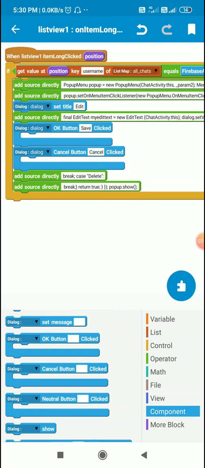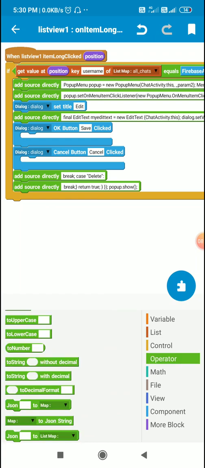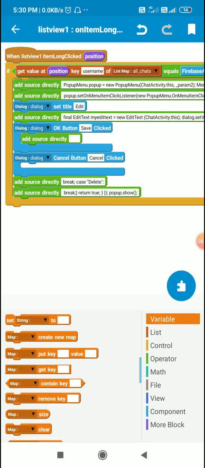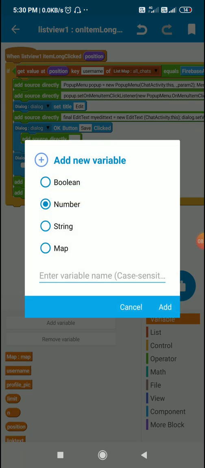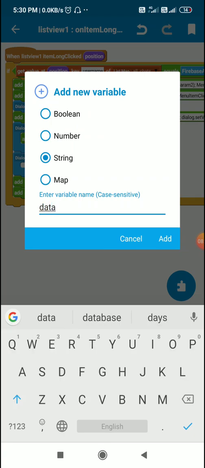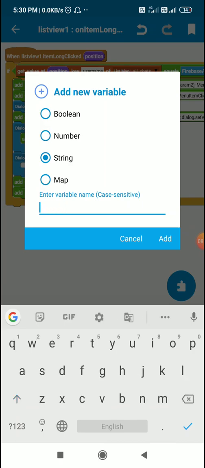So when the save button is clicked, here I will use another add source directly block and add a string variable. Let's name it something simple, my text.